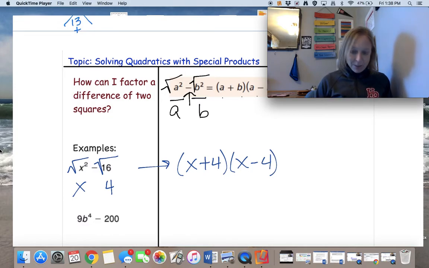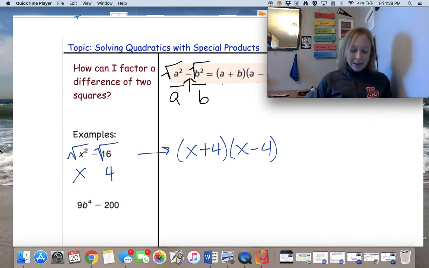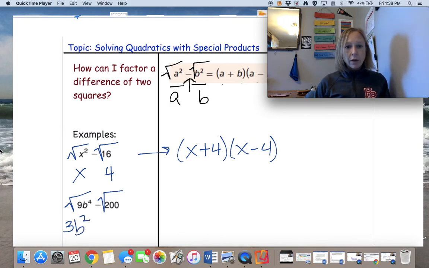Now here's where the speed will really come into play. Here we have a quadratic expression where the leading coefficient is not 1. Remember how much work that was in our previous video? But if we look here, these are perfect squares. The square root of 9 is 3. The square root of b to the 4th is b squared. The square root of 200,